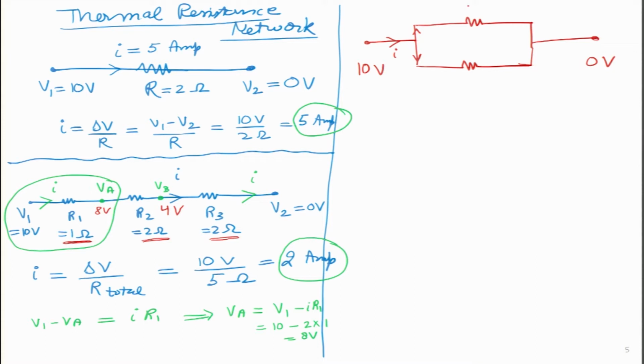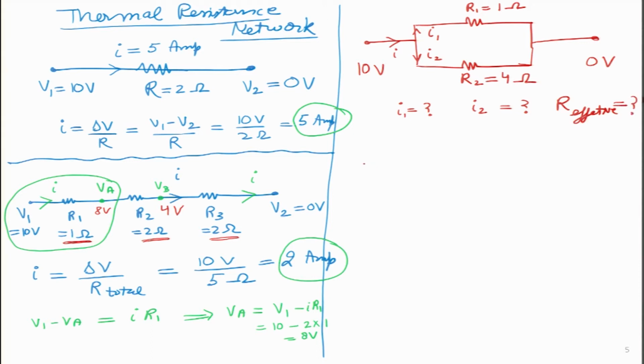So, let me put some numbers over here. This resistance I will call R1, and in my example I have taken it as 1 ohm, and this resistance I am taking as R2, and here I have taken it as 4 ohms. The current flowing through the top part I am denoting as I1, and the bottom one I am denoting as I2. So, over here I want to calculate the value of I1 and the value of I2, and also I want to calculate the effective value of resistance.